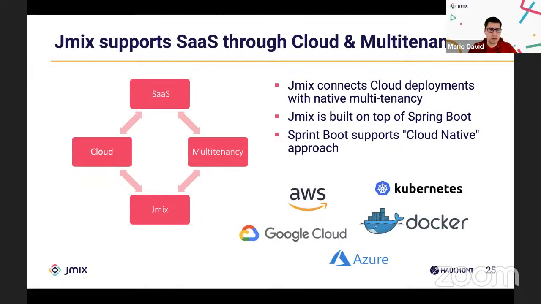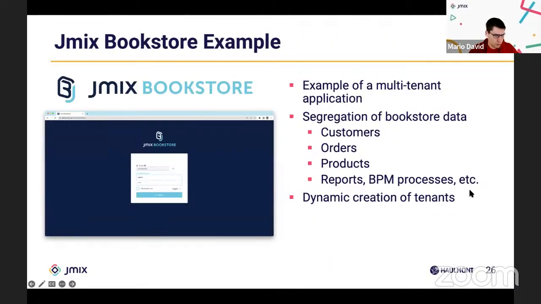Okay, and then I think we can go to the next slide, and there we can talk about the Jmix Bookstore example that Victor already mentioned, because we were thinking this might be a good example to show off, because indeed it is an example of a multi-tenant application, and it's also using the multi-tenancy add-on that Victor was just describing. So we can take a look at it in a couple of minutes. But to go through it here, the most important thing, if you think about this bookstore example, is